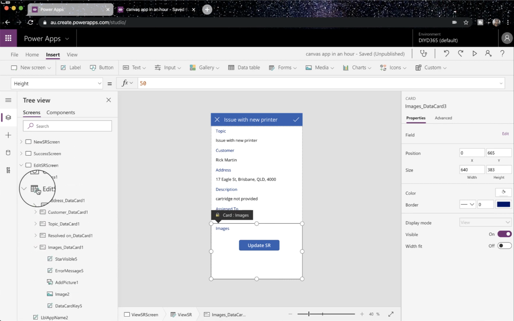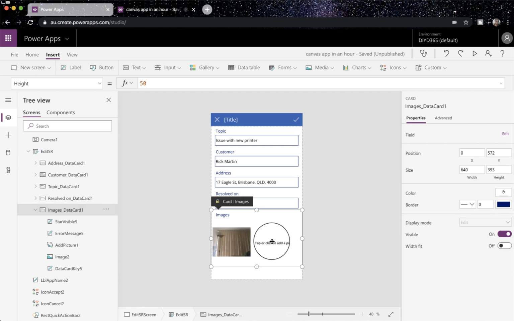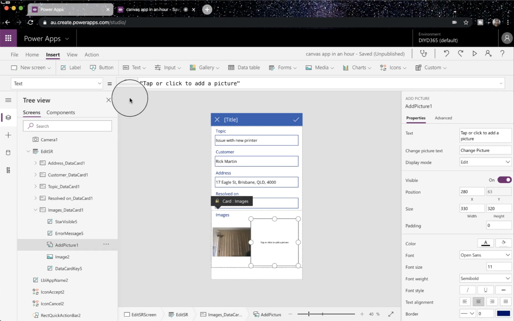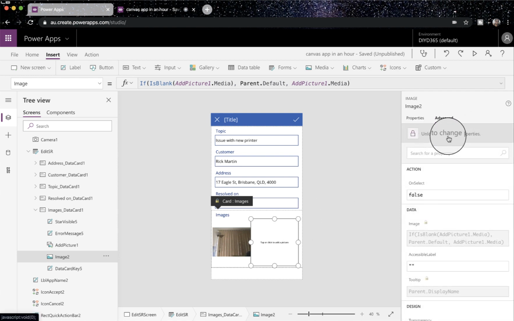Oh, I have to go back to my edit SR form, and here if I click on image, this image I want to set to my camera 1 photo which was last taken. Now you can see you cannot change this. I'm clicking on it. So how you unlock this formula bar for this is go to advanced and unlock to